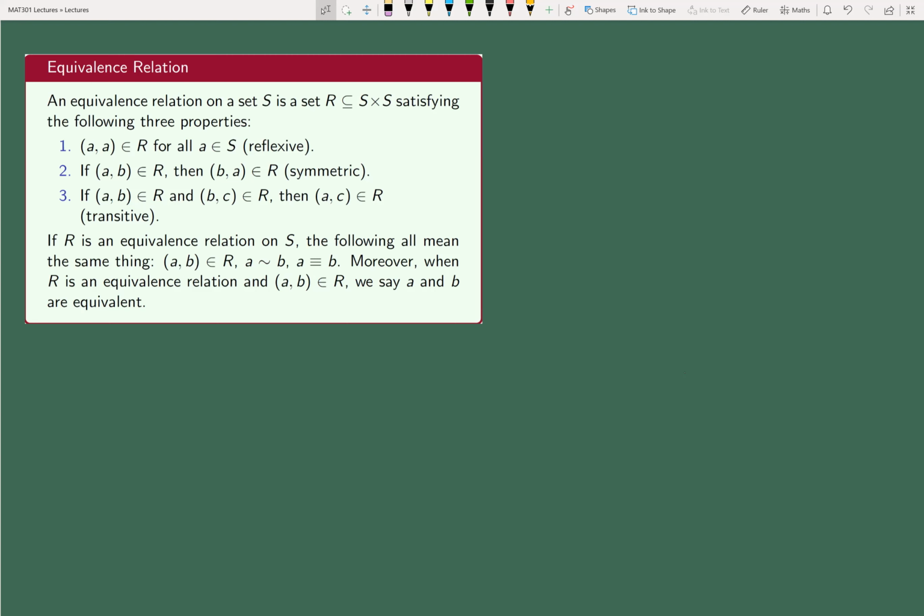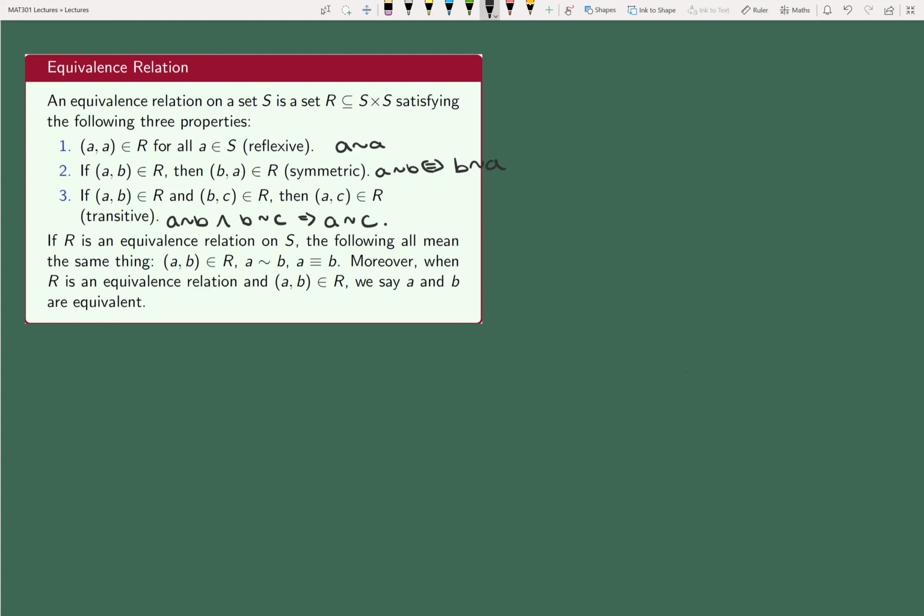And in fact, the three notions here are written as reflexive, symmetric, and transitive, but let me rewrite them beside using the notation that we would normally use. So we'd say that A is similar to A. We would say that A is similar to B if and only if B is similar to A. And A similar to B and B similar to C implies that A is similar to C. That's what these three properties are when you translate them into the equivalence relation notation.